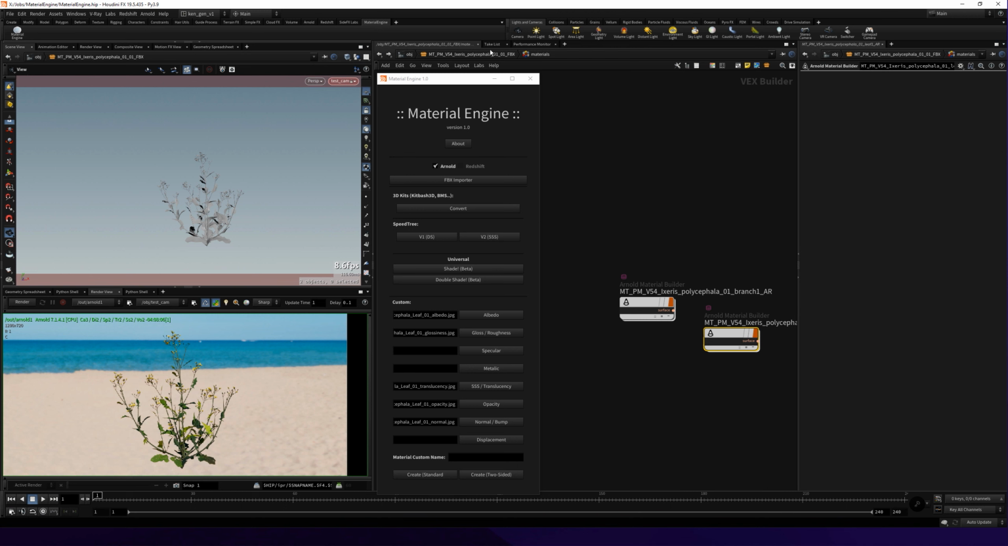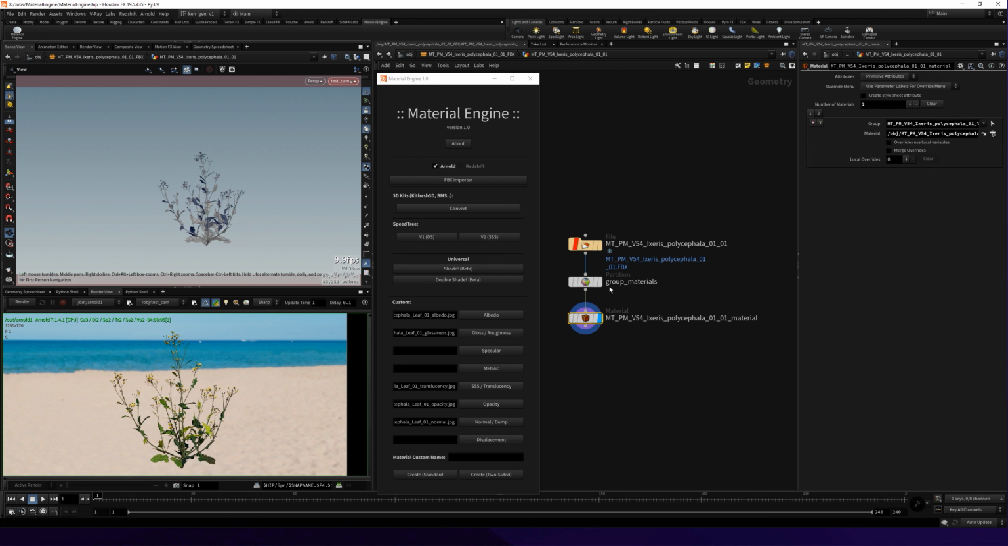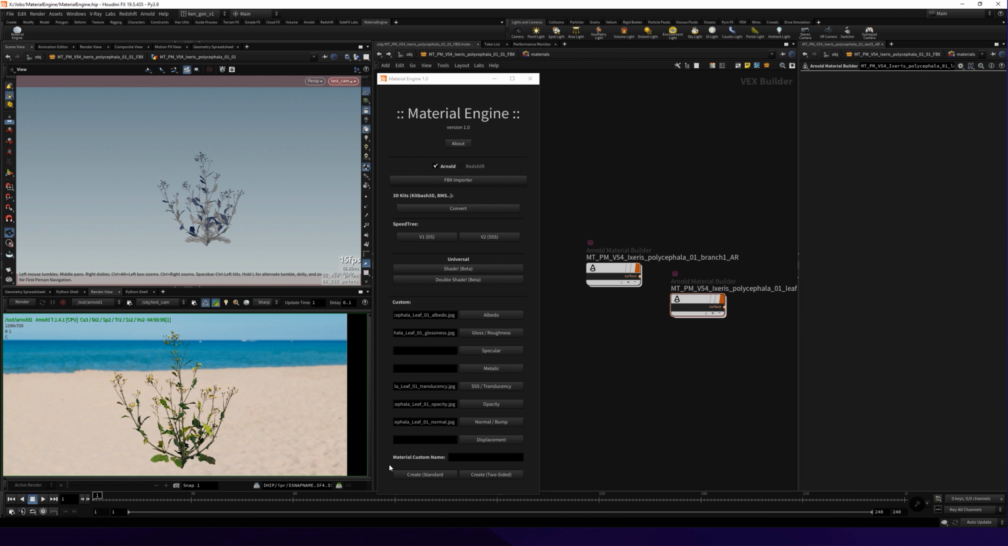And of course we haven't lost the connection between the material. Yeah, it's working. If you render it,